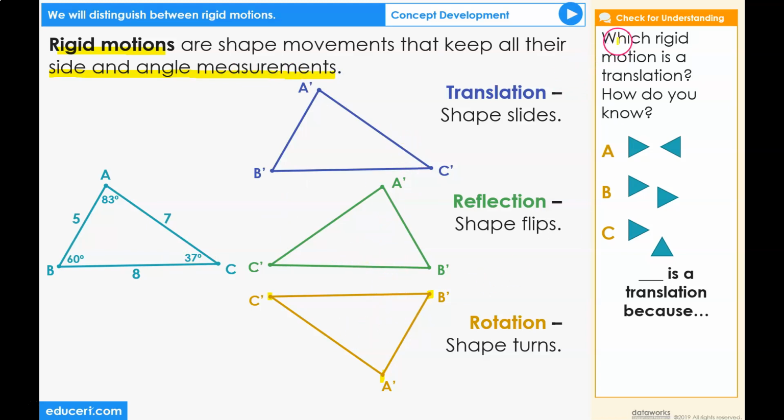Let's check for understanding. Which rigid motion is a translation? How do you know? A. The original triangle and the rigid motion triangle. B. The original triangle and this rigid motion triangle. C. This original triangle and this rigid motion triangle. Blank is a translation because